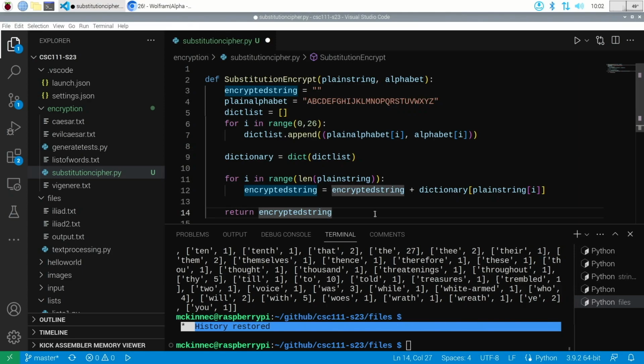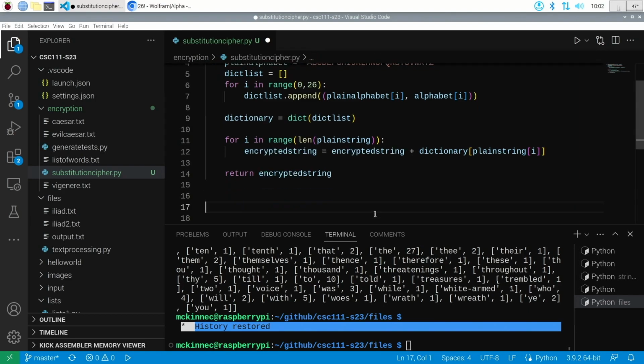Okay, so what would happen if I gave this thing a message with the regular alphabet, A through Z, in the same order? It would return exactly what I gave it. So that's not particularly useful for an encryption, but for a sanity check, just to make sure our function isn't garbage, why don't we test it that way? Okay, so for example, let's make, all right, how about the quick brown fox jumped over,